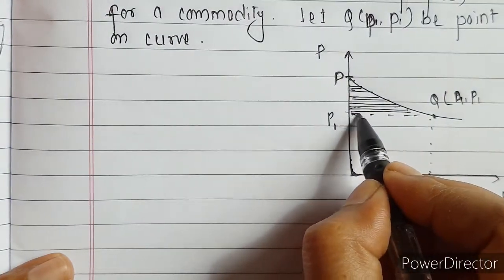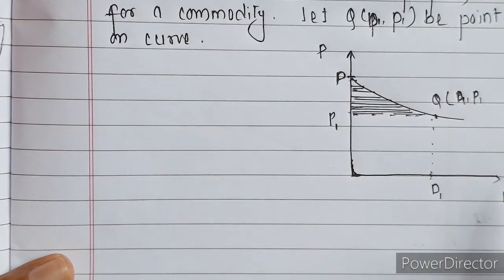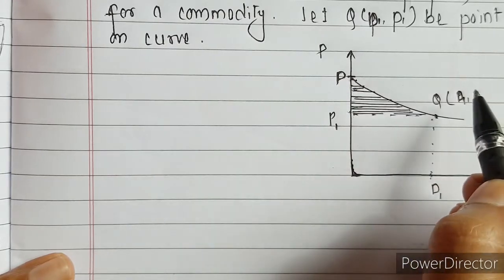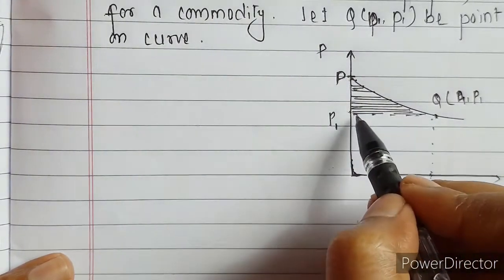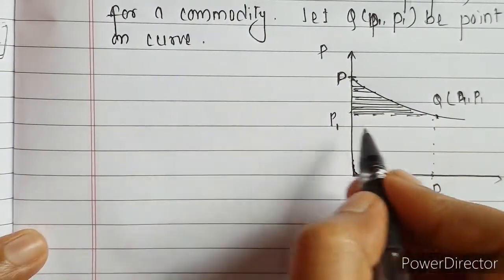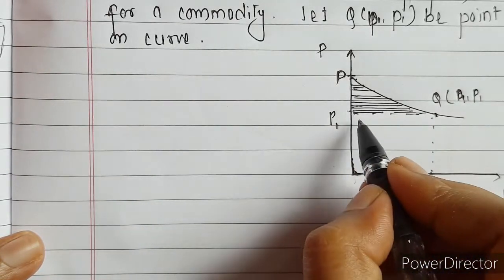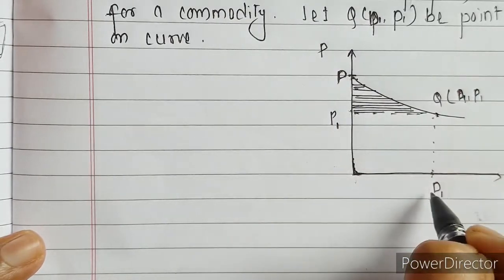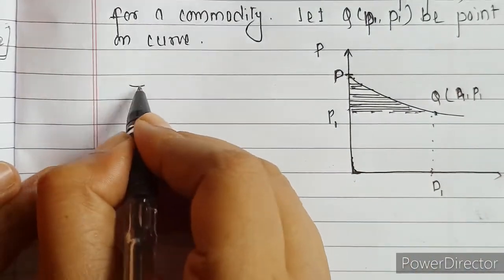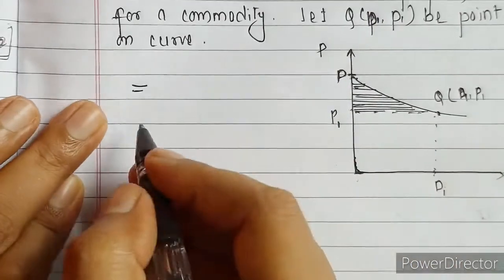Now how do we calculate this consumer surplus? We can calculate area under a curve using integration. We are interested in this shaded area, the extra whatever we are getting rather than the actual price. How do we calculate that? First we calculate the area under this curve, and from it we subtract the area of this rectangle, and we get this shaded area. First let's find the area under this curve, the entire area.